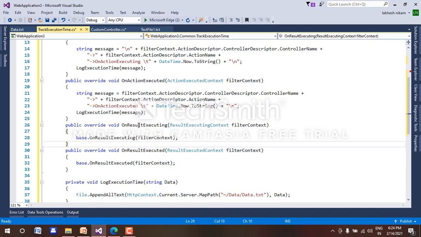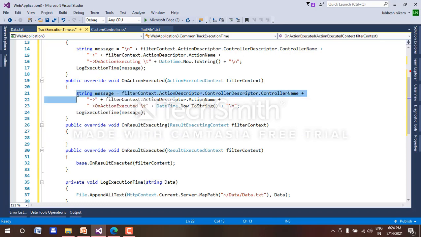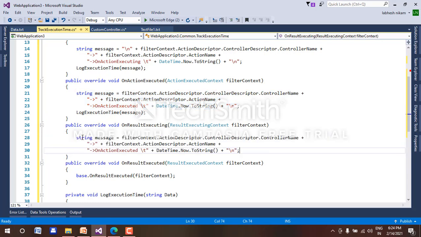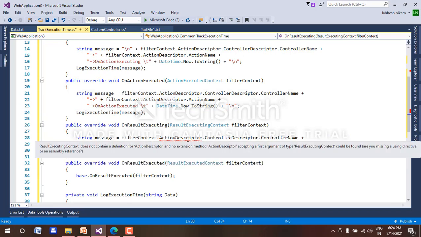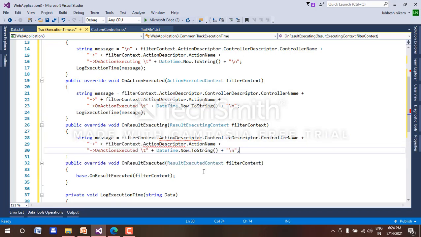Now for result executing, on result executing context. For this, delete this message and copy this, paste it here, with this string message. In place of filter context dot action descriptor, we will use route data values.